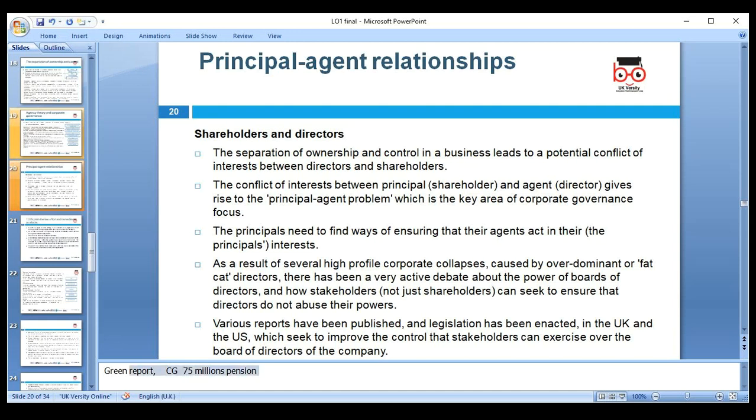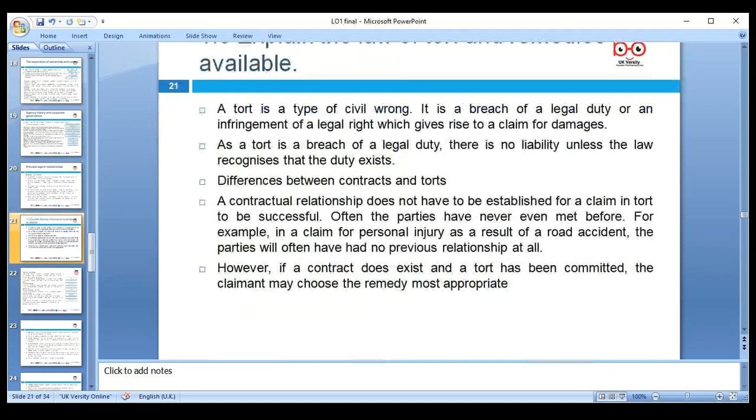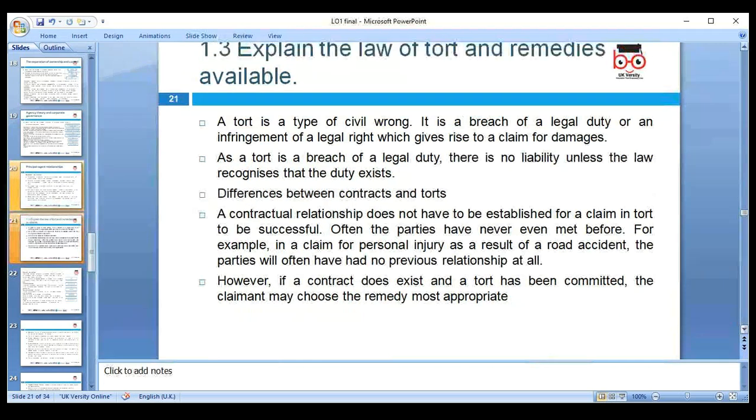So we need to think about that. There are a lot of reports on corporate governance. It's not purely our topic, but it links with the agency theory relationship. Any questions? No. Then next we have